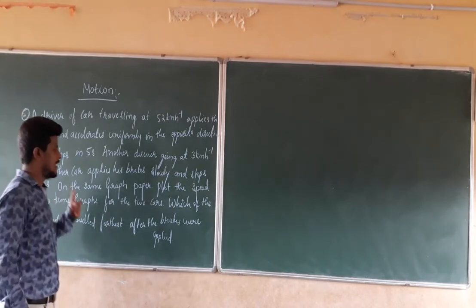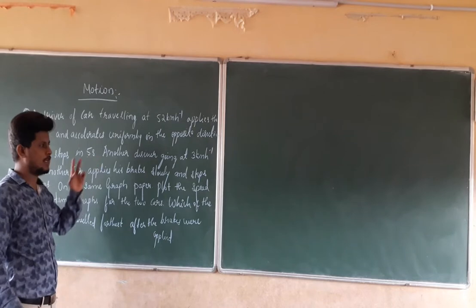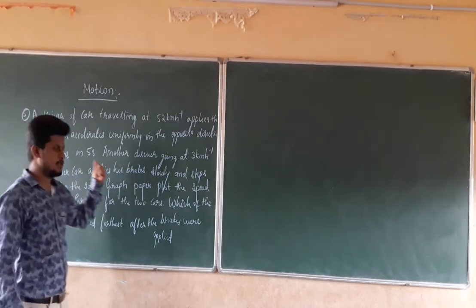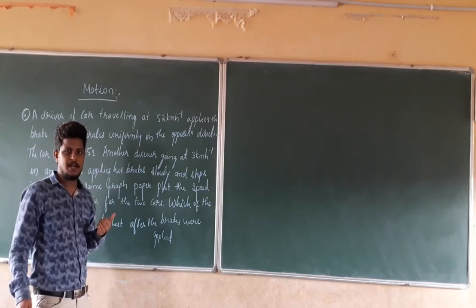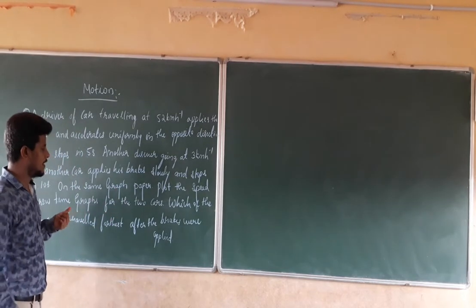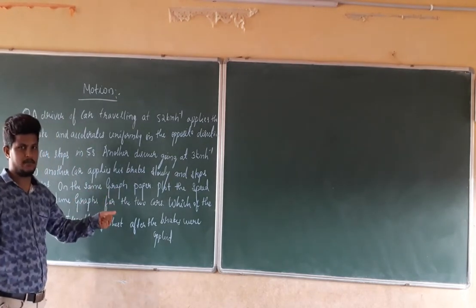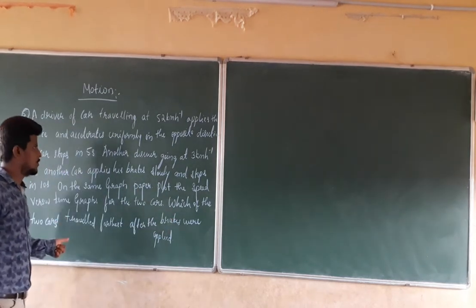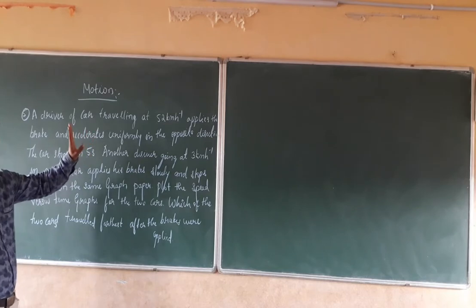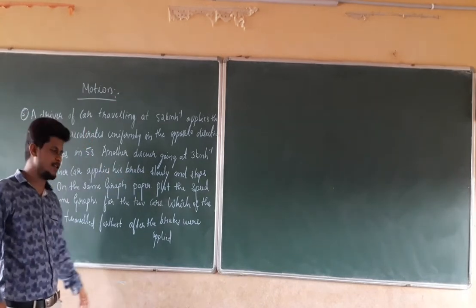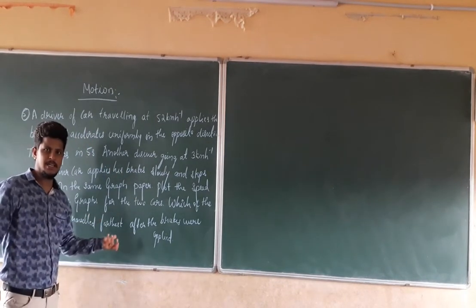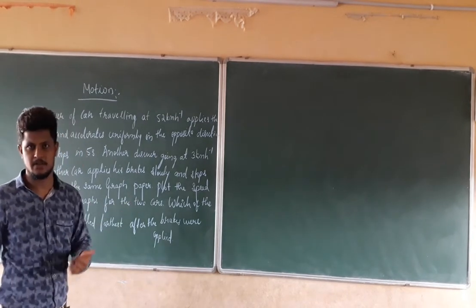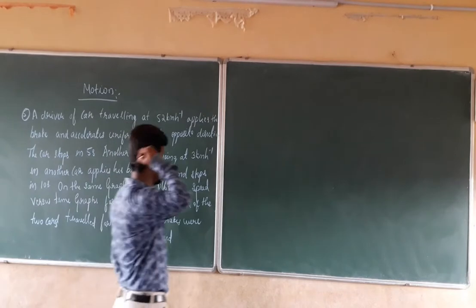So we have to calculate the distance traveled by both the cars after the application of the brake. We are going to calculate those things by plotting the graph, where we put both the values, and we calculate the total distance covered by both the vehicles and which vehicle travels farther. So first we have to write down the given data.